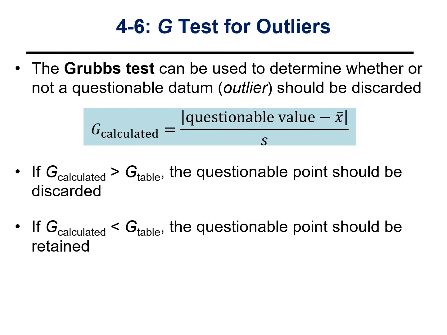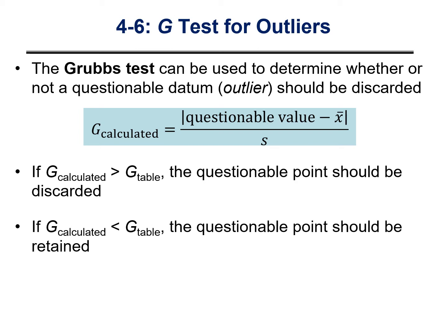In chapter 4.6, we are going to discuss using Grubb's test for an outlier and also a Q-test for an outlier. So an outlier is when you have a bunch of data points and one number seems to be completely off from the rest of the numbers, and we're trying to figure out if this is a random error that we can just throw out. So we can use a Grubb's test to determine whether or not a questionable datum or